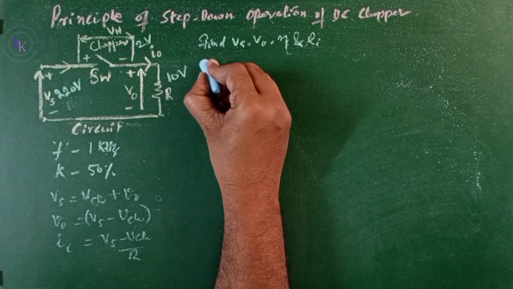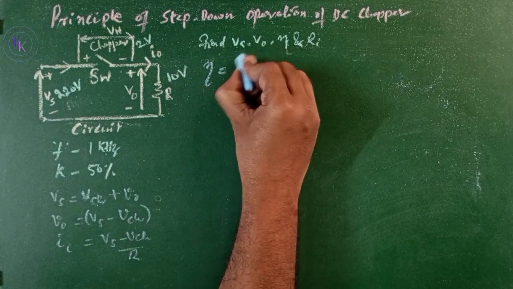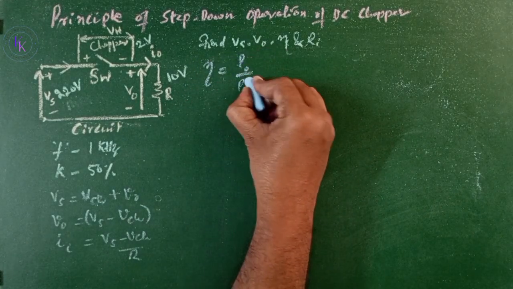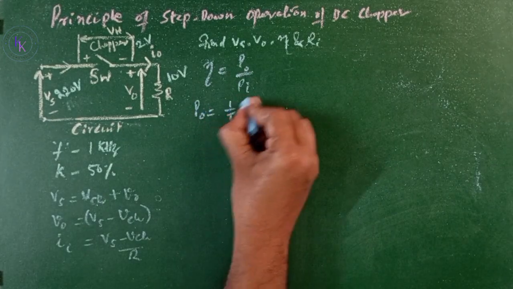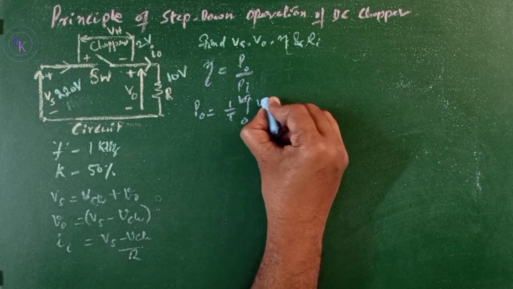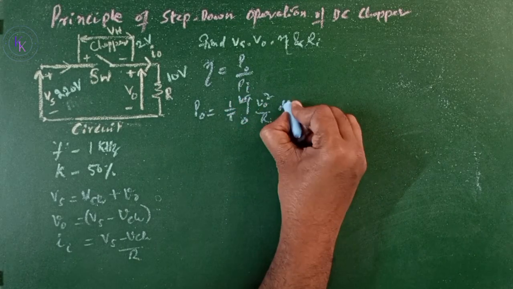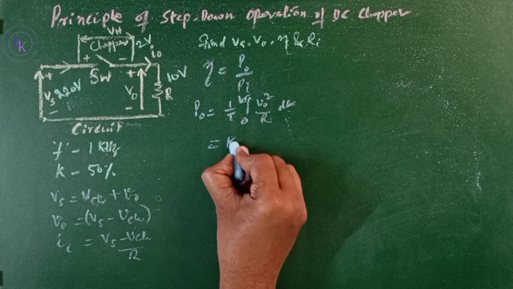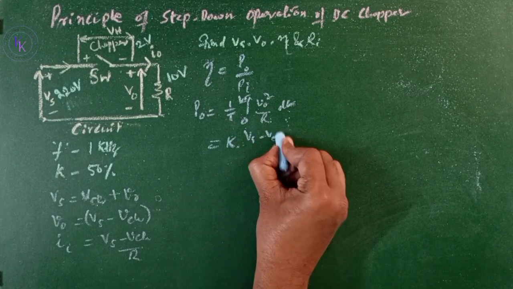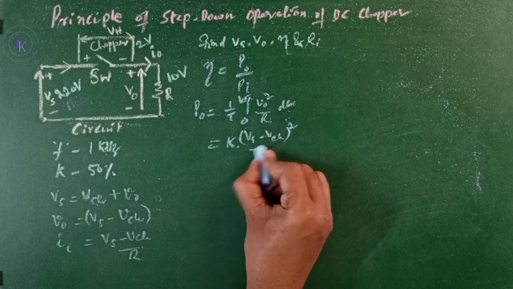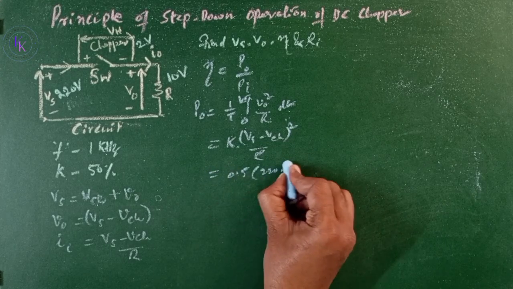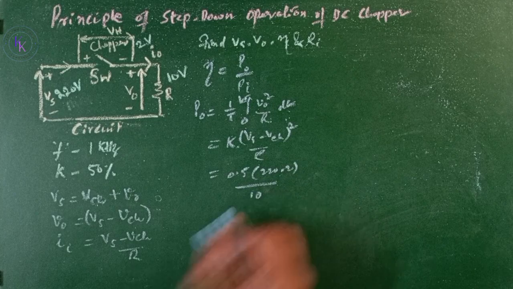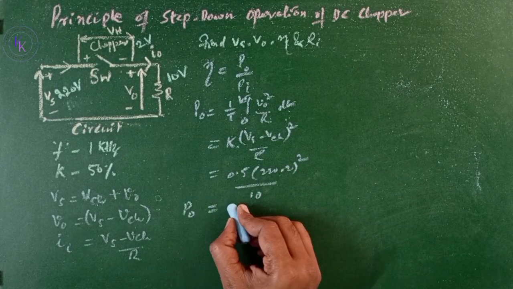Now, to find out the efficiency of the chopper, we need to find out the power output and power input. The power output is given by 1 by T integral 0 to kT of V0 squared by R dt. When you solve this, you are going to get k times (Vs minus Vch) whole squared divided by R. Substitute the values: 0.5 multiplied by (220 minus 2) whole squared divided by R, which is 10. P0 equals